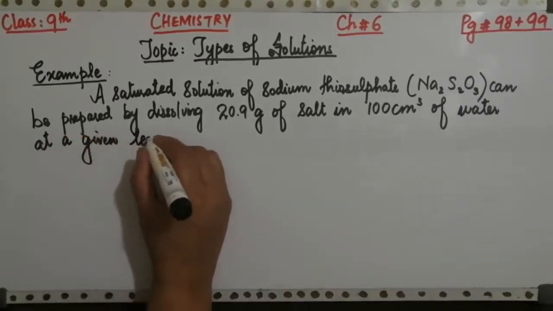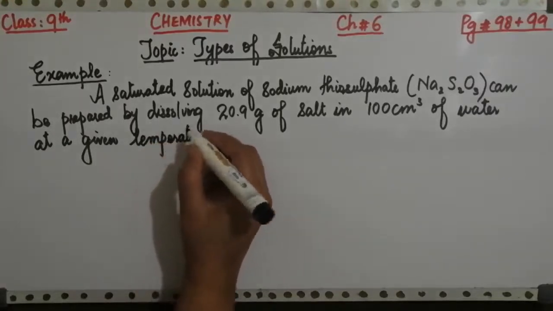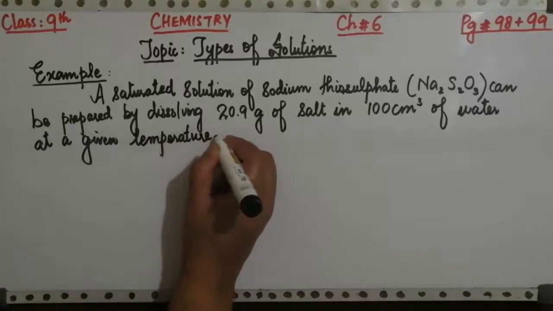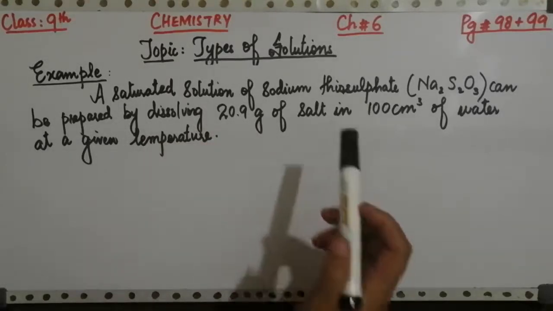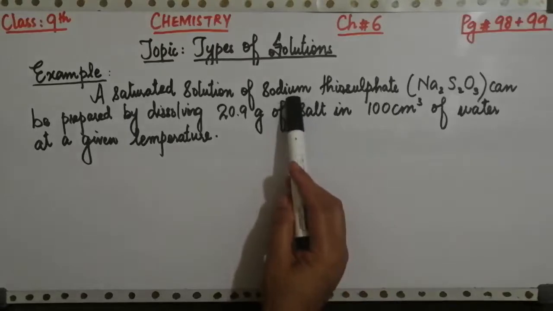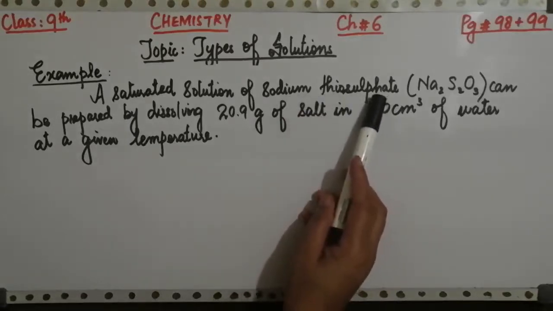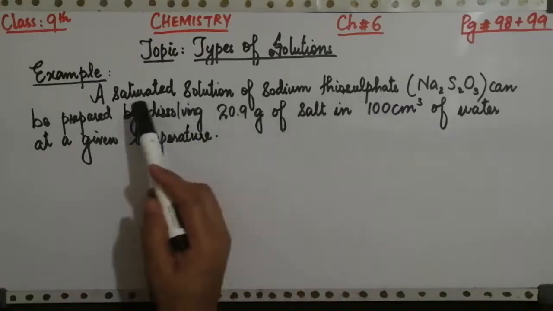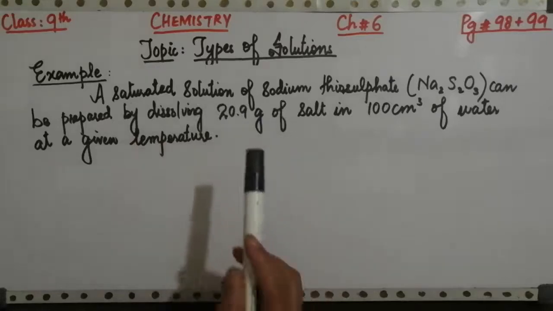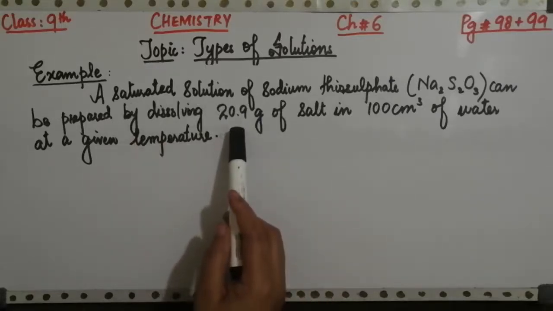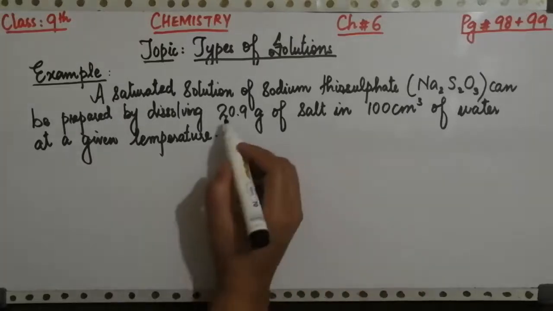अगर किसी भी सॉल्ट का आप पानी में सॉल्यूशन तैयार करना चाह रहे हैं और वो सॉल्यूशन आप सैचुरेटेड बनाना चाह रहे हैं, तो इसके लिए आप कोई भी सॉल्ट चूज़ करने के बाद, जैसे मैंने इस वक्त आपके सामने सोडियम थायोसल्फेट मुंतखब किया और मैं चाह रही हूँ कि मैं इसका सैचुरेटेड सॉल्यूशन बनाऊँ, तो इसके लिए मुझे क्या करना होगा, मैं इसकी एक स्पेसिफ़िक अमाउंट यानी 20.9 ग्राम लेने के बाद इसको,